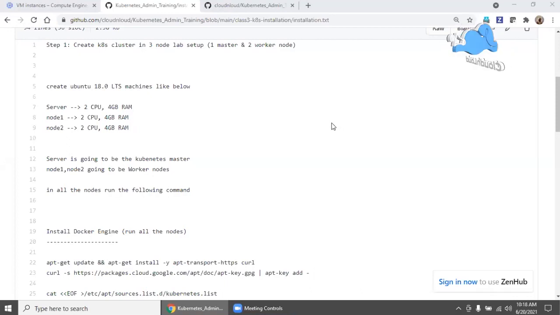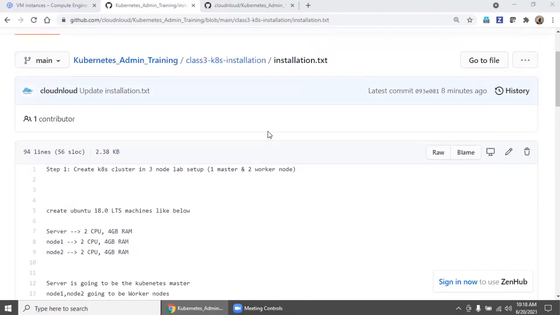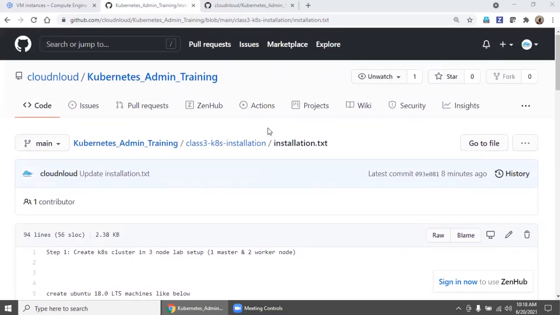Hi, welcome back. As part of this session, we are going to discuss how to install Kubernetes, how to configure a Kubernetes cluster, and how to ensure the installation and the cluster are working fine, including worker node integration.